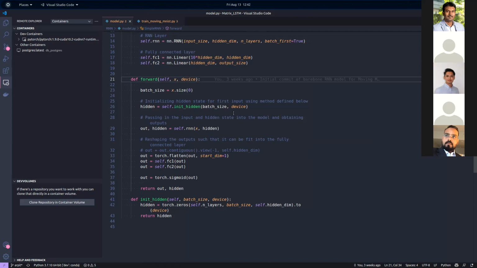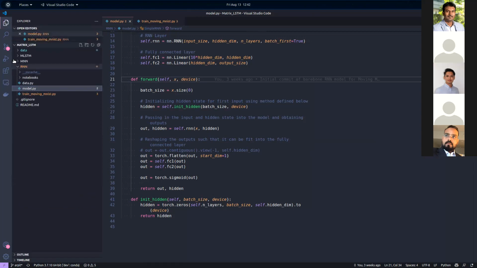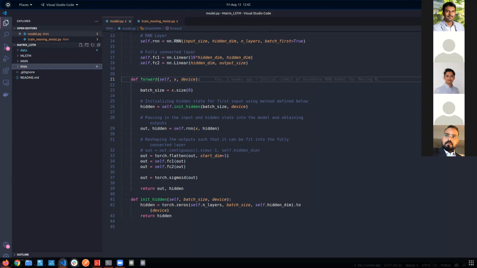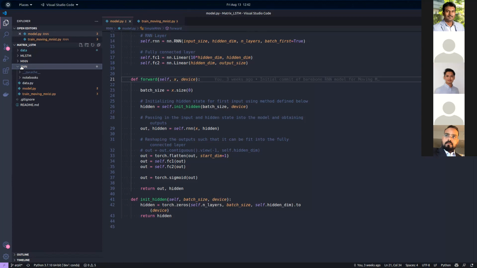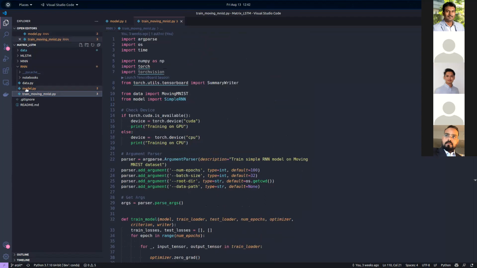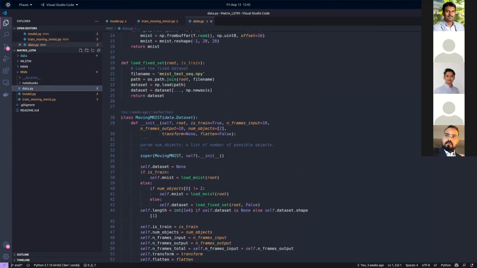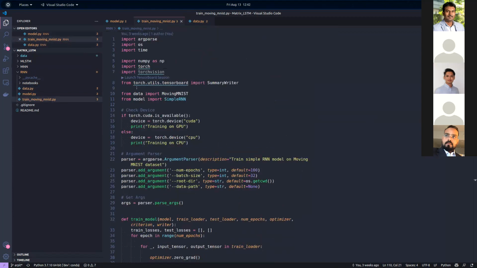Otherwise, if you're importing... let me see if I get your point correctly. For example, in this case, I have a dataset class that I have defined in data.py, right? This is a MovingMNIST dataset class that gives me the data, and for training the model, I need the data. So from data, I just import MovingMNIST. Is this what you're talking about? Can you use components from another script in your new script? That's right, yes, you got it.